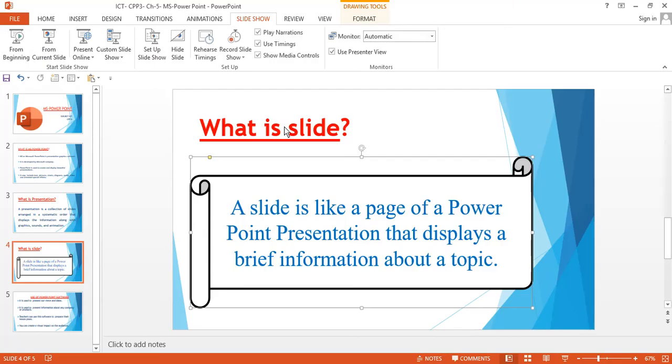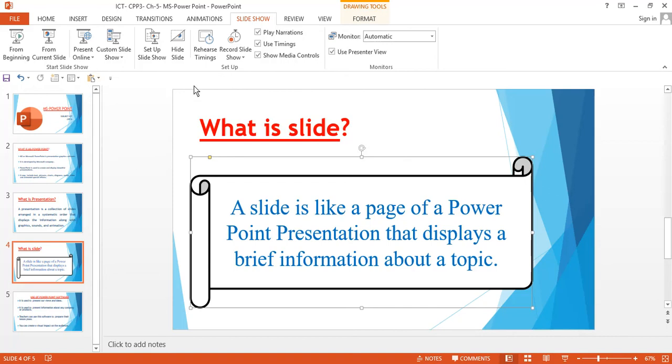Now when you reach the end of the slides, you can see here end of slideshow, click to exit. So to exit, what can you do? Here also you have two options. You can press the escape key, which you will get at the top left corner of the keyboard, or you can again click the left mouse button. When you click the left mouse button, you will come out, and when you press the escape key, you will come out from the slideshow.